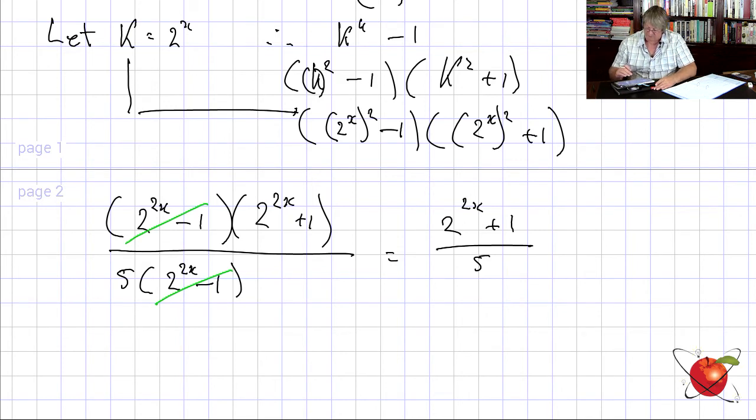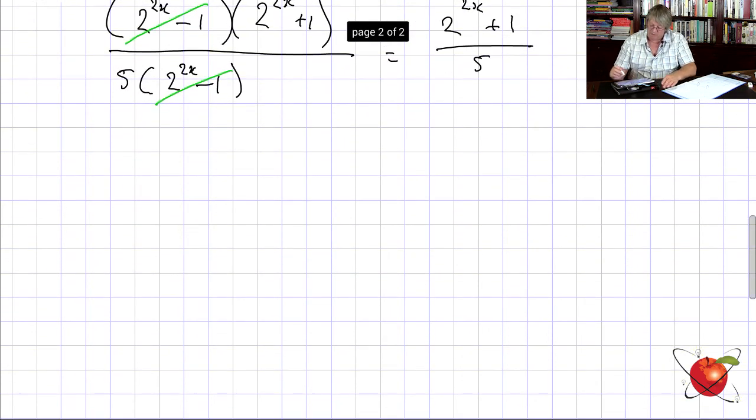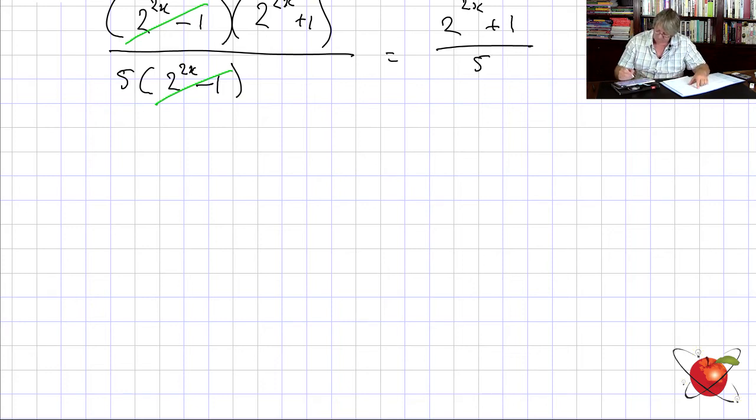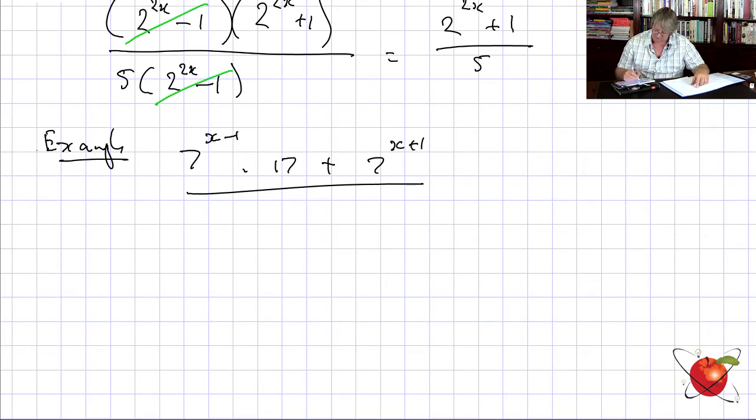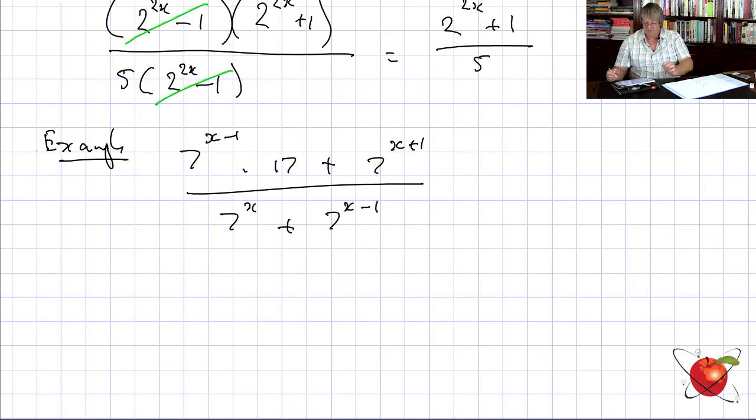Let's do another one of these, where we've got pluses and minuses. Let's look at this. 7. Okay, this is an example here. 7 to the power of x minus 1 multiplied by 17 plus 7 to the power of x plus 1, all over 7 to the power of x plus 7 to the power of x minus 1. You're going, no way, Jose. Okay? Well,